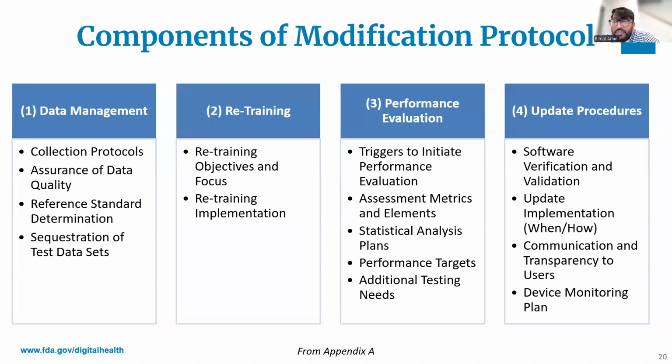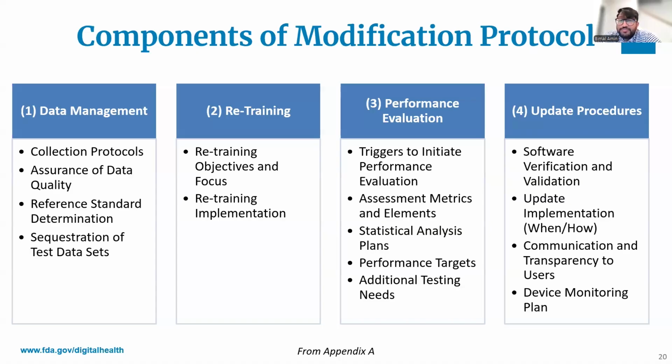The third is your performance evaluation protocols, which is the test methods, analysis methods, and acceptance criteria that must be met before a modification is implemented. This should include how performance evaluation will be triggered, how sequestered test data representative of the clinical population intended use will be applied for testing, what performance metrics will be computed, and what statistical analysis plans will be employed to test hypotheses relevant to performance objectives for each